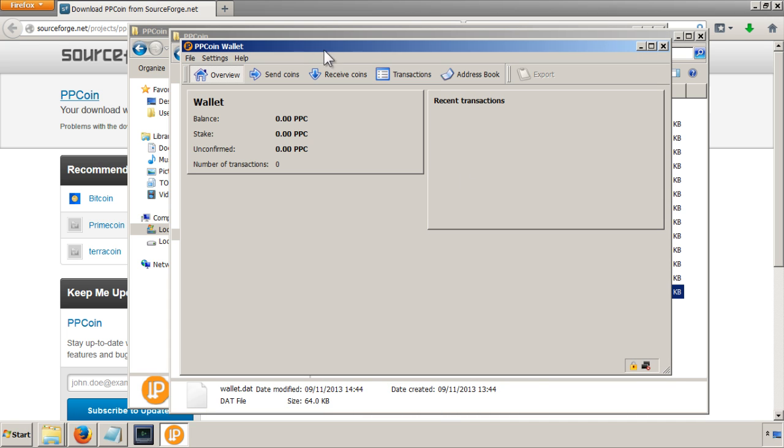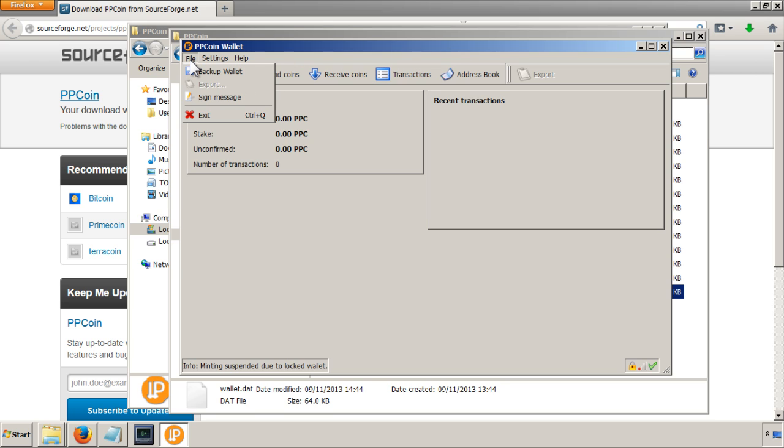And there we go. You'll now have an icon of a lock, and it'll say the wallet is encrypted and currently locked. Here it says that we're up to date because we've got all the blocks that we need. So now we're a lot safer. We've got the wallet and it's encrypted with a password.